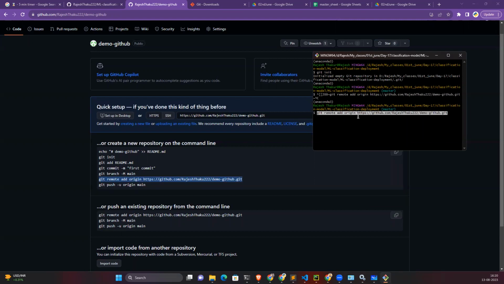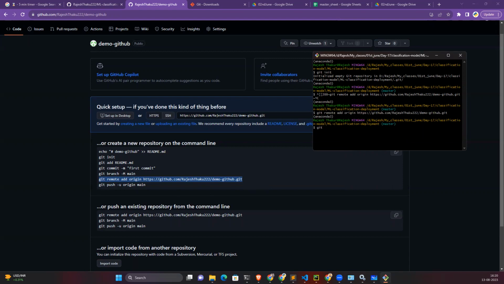Paste this command, git remote add origin and your repository URL. Copy and paste the second last line. As soon as I execute this command, my local system gets to know at which location I have to store my files. Are you able to do it?